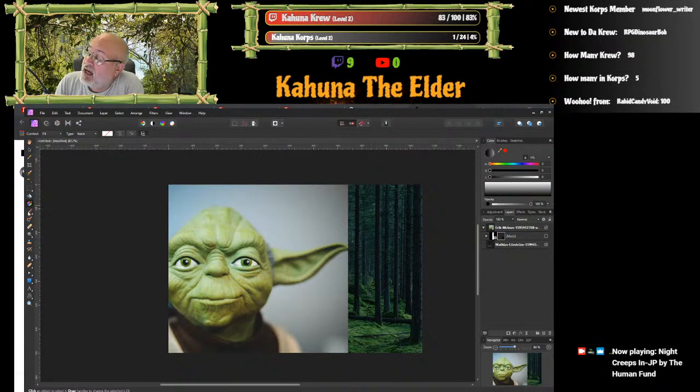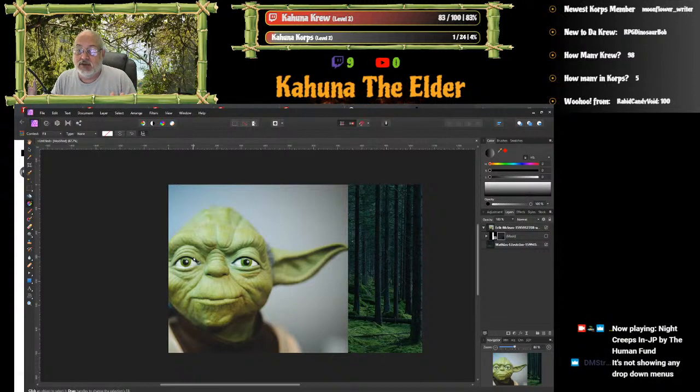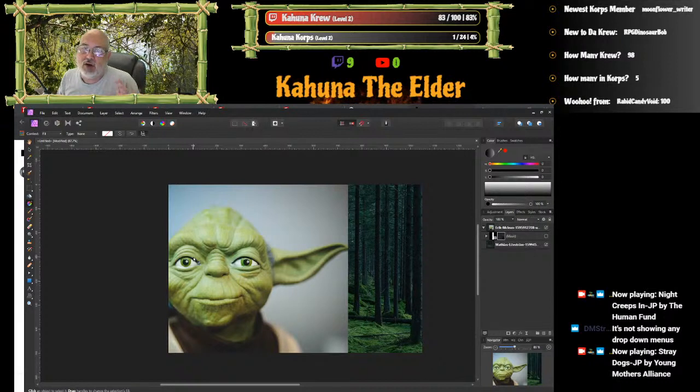And now I'm going to take my gradient tool. My gradient tool is just going to lay a white to black transition. It's not showing the drop-down menus. Yeah, that makes sense. It's a quirk of the way it's capturing it. In my drop-down menu, it has mask to below, but again, it depends on the software you're using exactly how that works. But what you want to do is convert a layer to a mask layer. You want it to be neither of the layers of the image. So the top one, which is Yoda, and the bottom one, neither one of those should be a mask layer. It's this third layer in between.